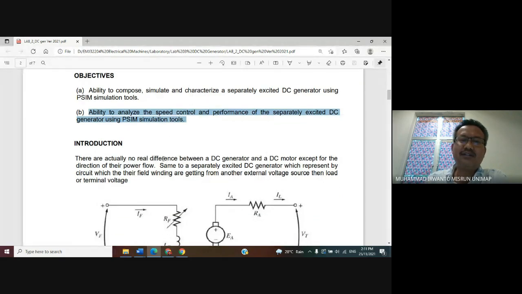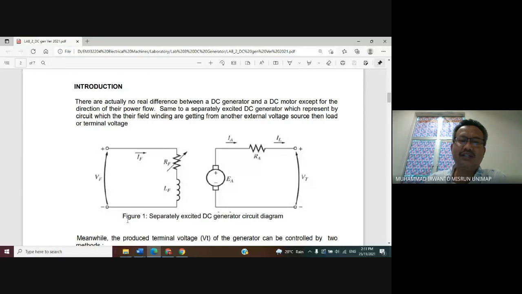As an introduction, we can see here in figure 1 the separately excited DC generator circuit diagram. This one is the armature block of the DC generator. And then this one is the armature resistance that is connected to the load. In our simulation, the terminal will be connected to the resistive load.